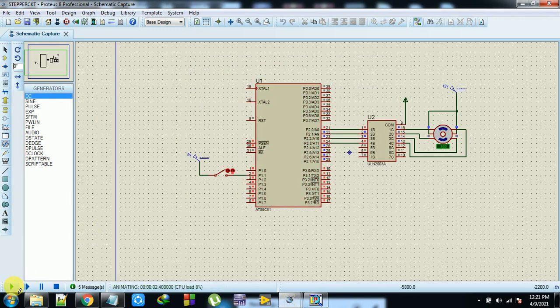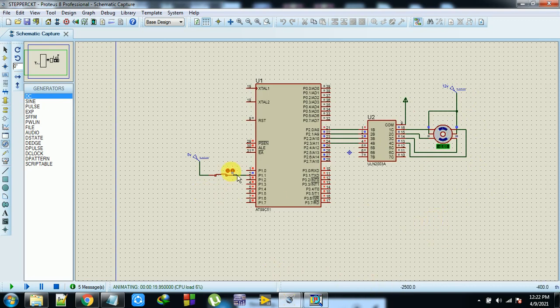So now, because of 0, it is rotating in a backward direction. Okay, so when you switch on this thing, automatically it will go in a forward direction. That's it.